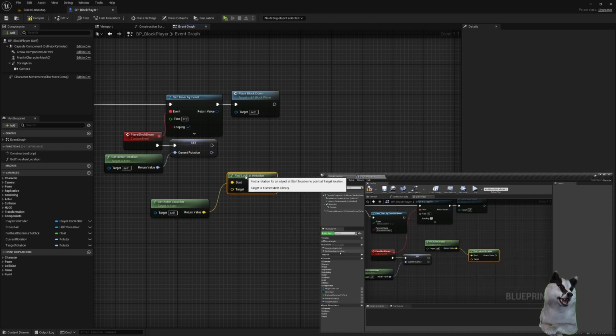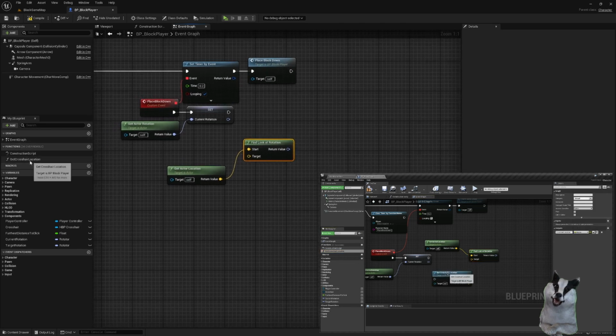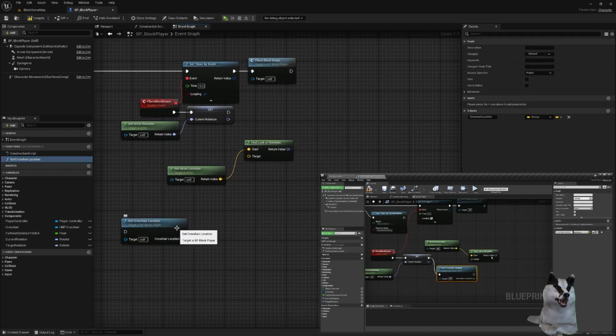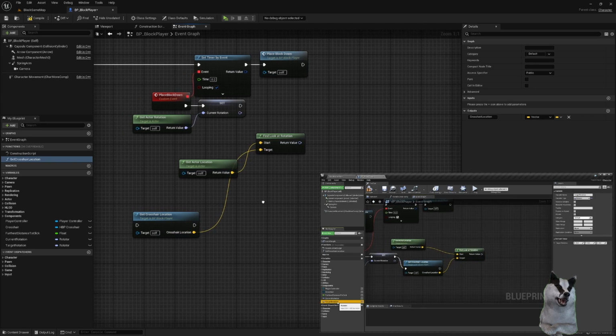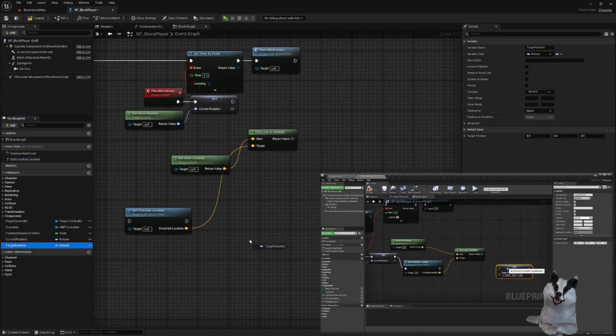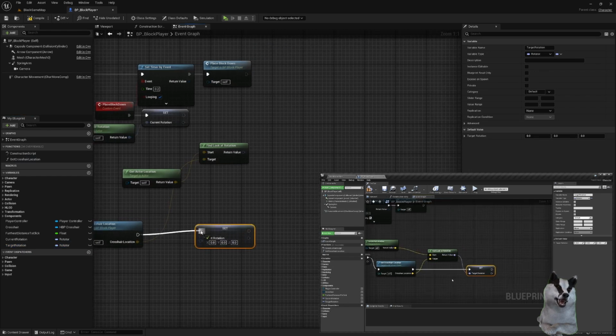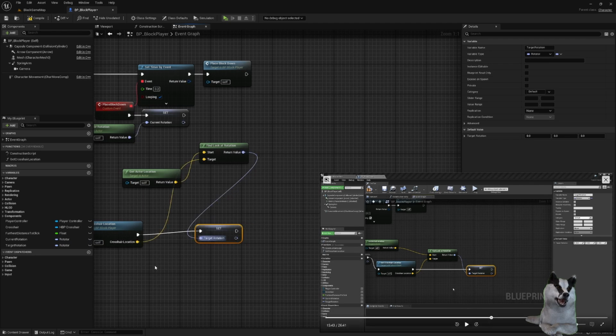And then we'll use our get crosshair location function. So we'll have to call that, and that will return the crosshair location. And we'll use that to set the value of the target rotation. So drag out the target rotation, and we're going to do a set on that. And hook up that execution pin. Now that we've set our current rotation and our target rotation,